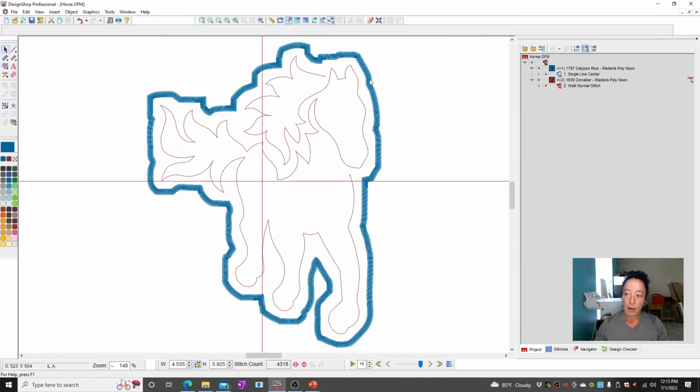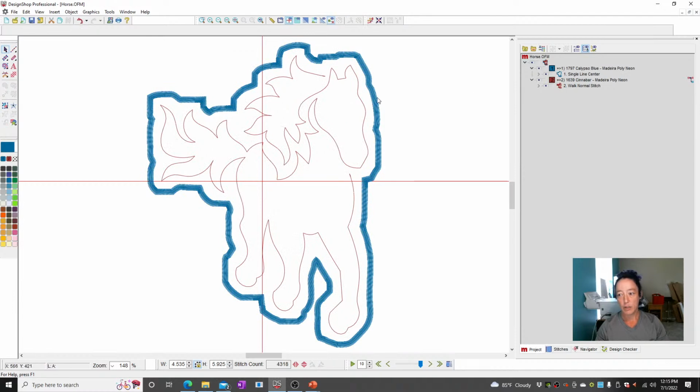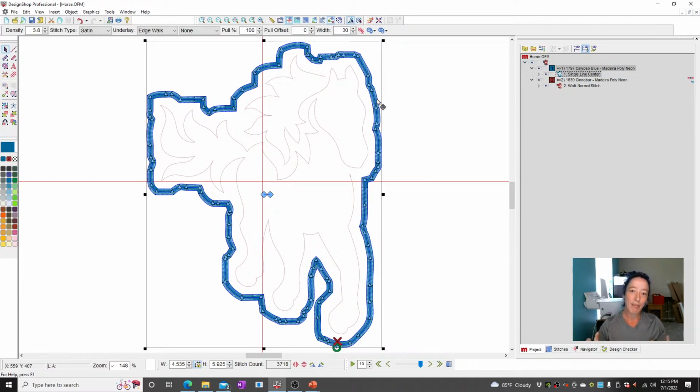So there, that is a really fast way. You can use it for a primer stitch. I use it like this all the time to create outlines around shapes. I use the primer and then just convert that fill over into whatever it is I want. If you don't want it to be